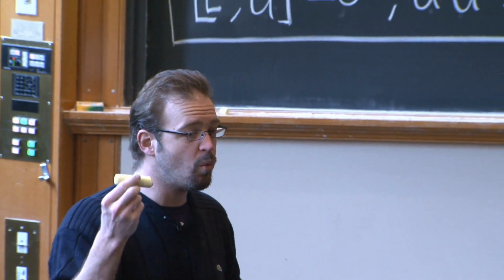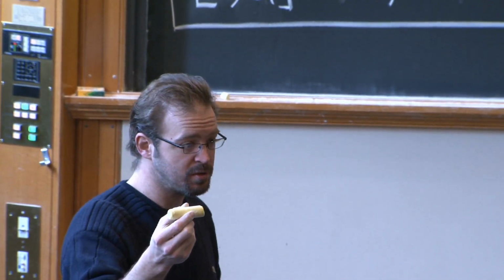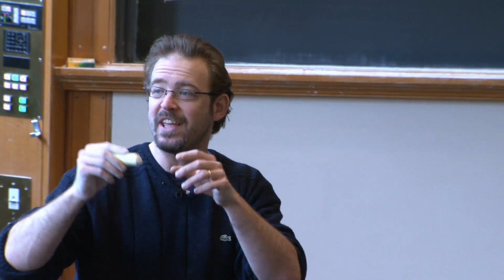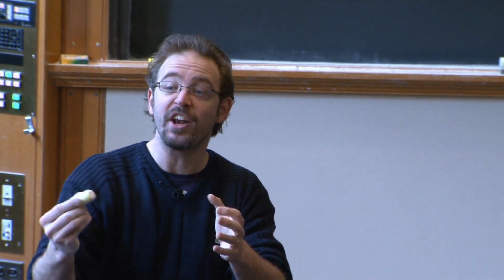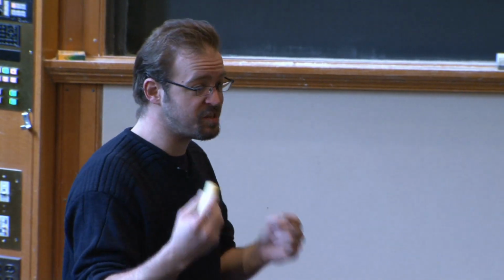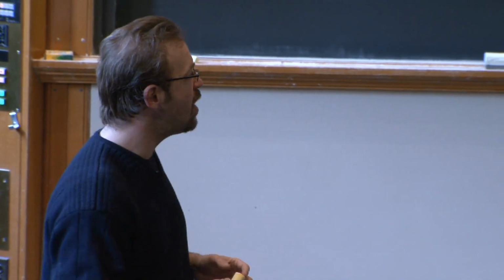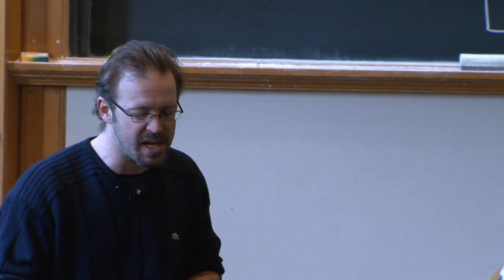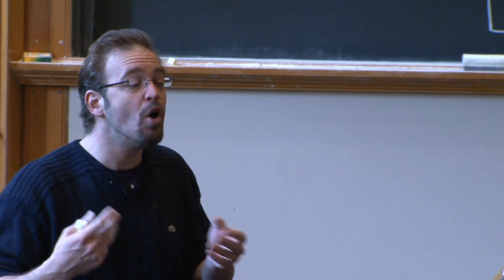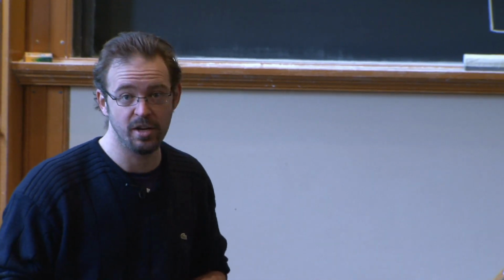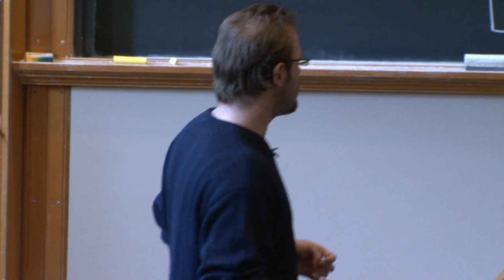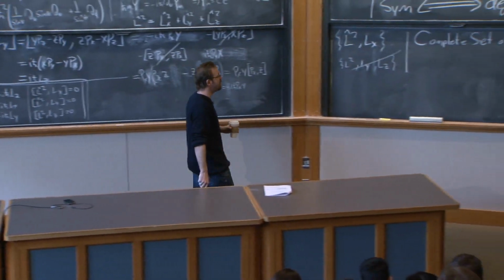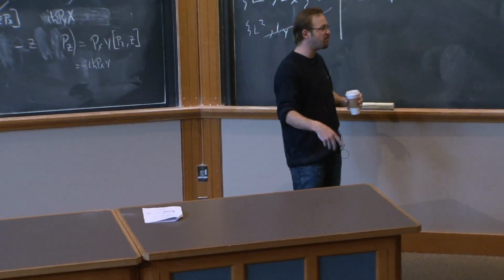Well, I have to tell you where the particle is, and I have to tell you what its momentum is. Right? So I have to tell you the 3 coordinates and the 3 momenta. If I give you 5 numbers, that's not enough. I need to give you 6 bits of data. On the other hand, if I give you 7 numbers, like x, y, z, px, py, pz, and e, that's overcomplete. That was unnecessary. So in classical mechanics, you can ask, what data must you specify to completely specify the state of the system? And that's usually pretty easy. You specify the number of coordinates and the number of momenta.